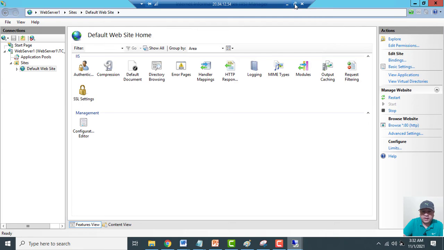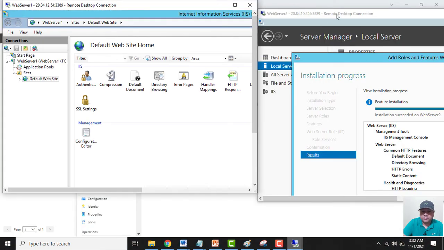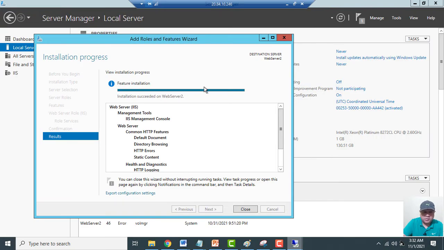Now let me go to the second web server, which is web server 2. Alright, here also the IIS installation is complete. Let me close it.